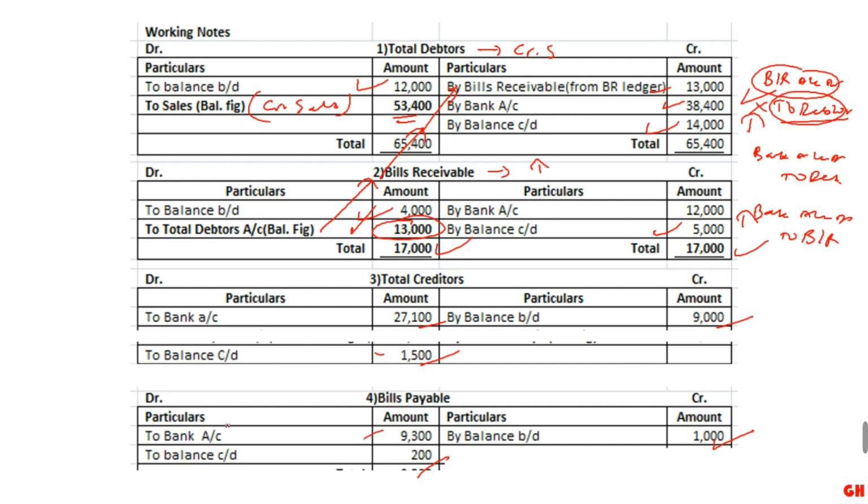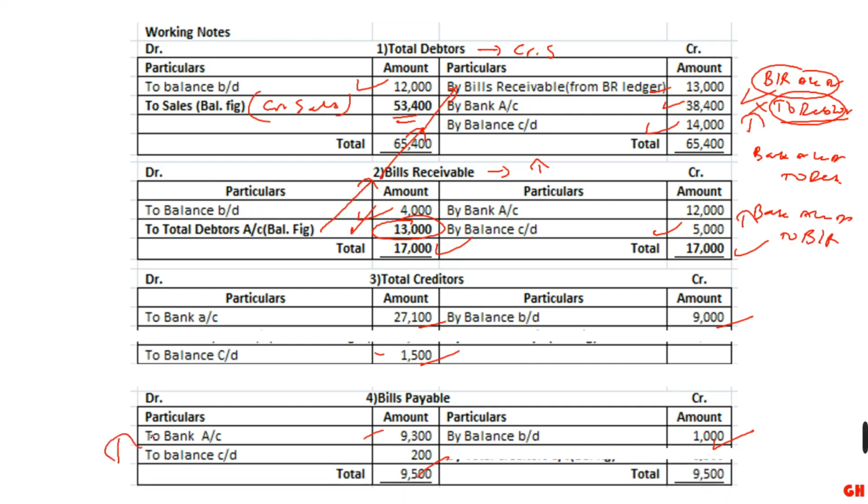Now let us balance this. The amount will be 9,500, and the balancing figure is 8,500. That has to be shown here, because we are getting the balance. This works on similar lines to how I have shown you total debtors. So whenever the sole proprietor or businessman gives a bills payable to a creditor, the entry will be creditor account debit to bills payable account. So this is the entry that has to be shown here, and that is being shown here and here.